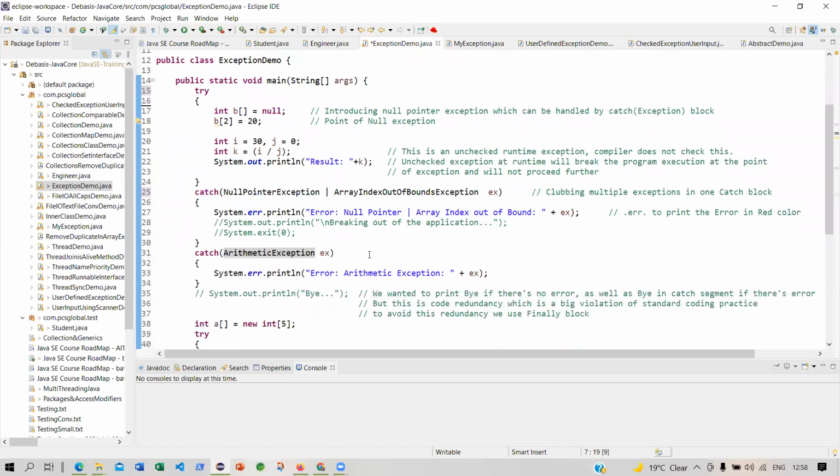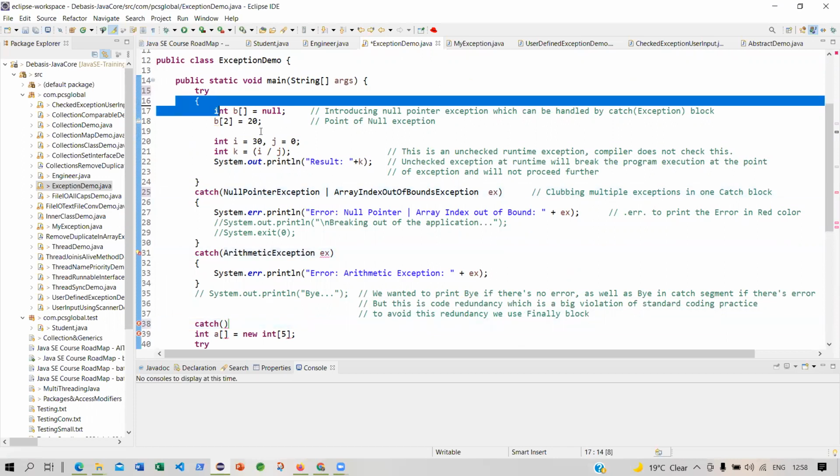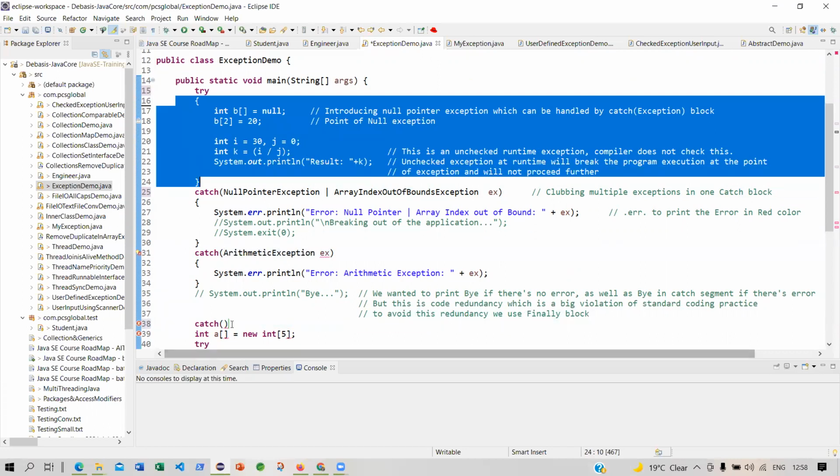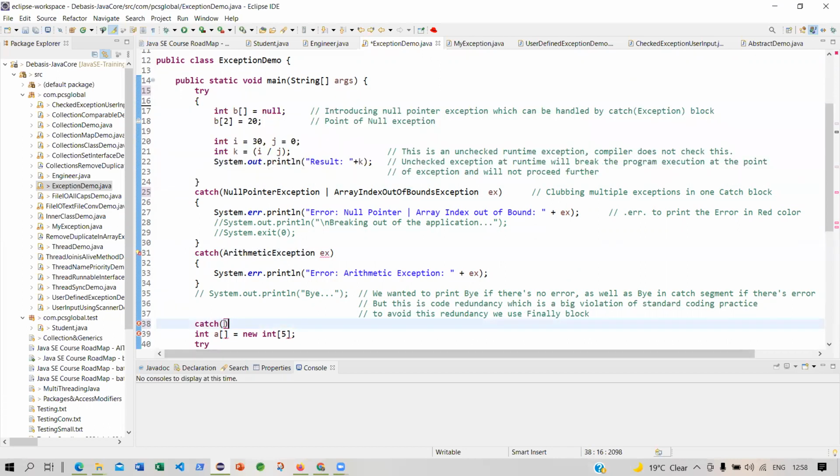So what I should have done is, for this try block, I will do another catch, because this is the try block. And as many catch blocks as I give will be applicable for this try block only. So I'm giving another catch, but in this catch, I am giving exception. Right now, I'm saying EX.